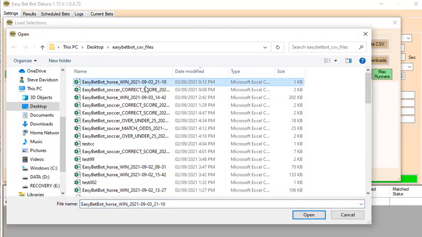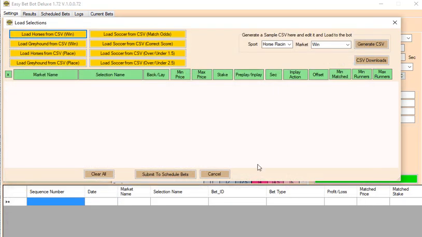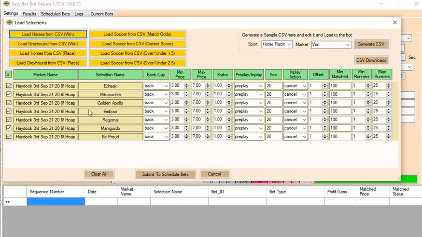This is our one at the top here. Click open, and we'll see now it's populated. This is the Haydock race coming up. Here's the minimum odds we're going to take is 3, the maximum odds is going to be 7, and our